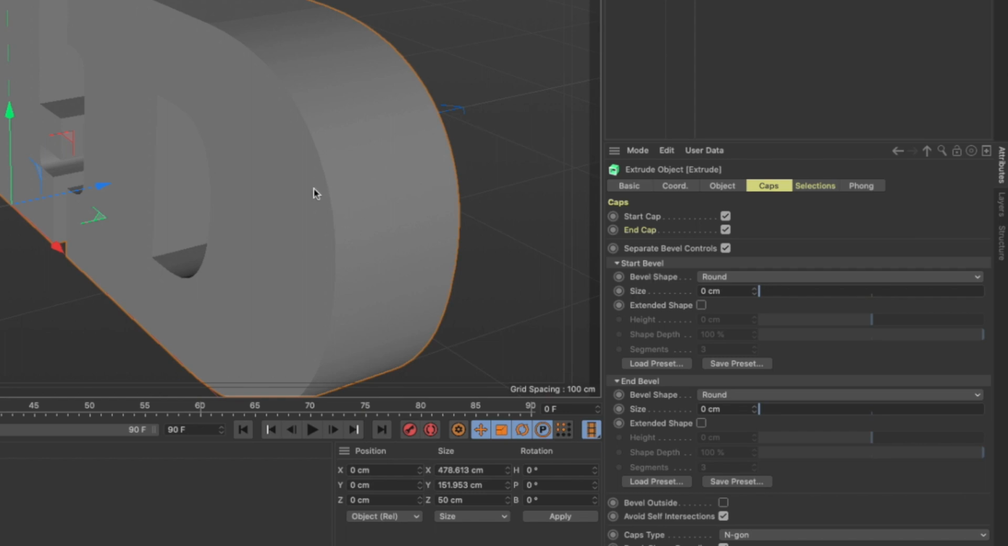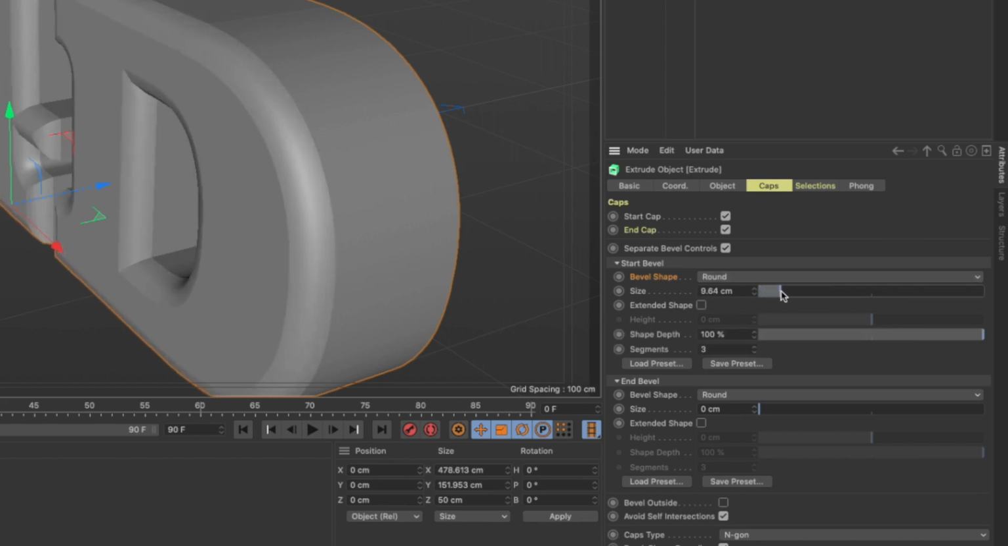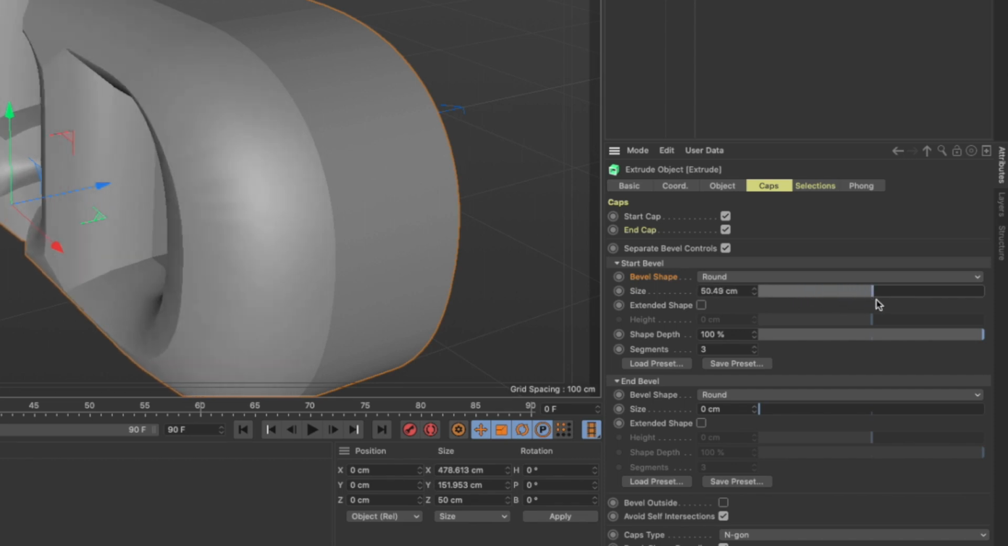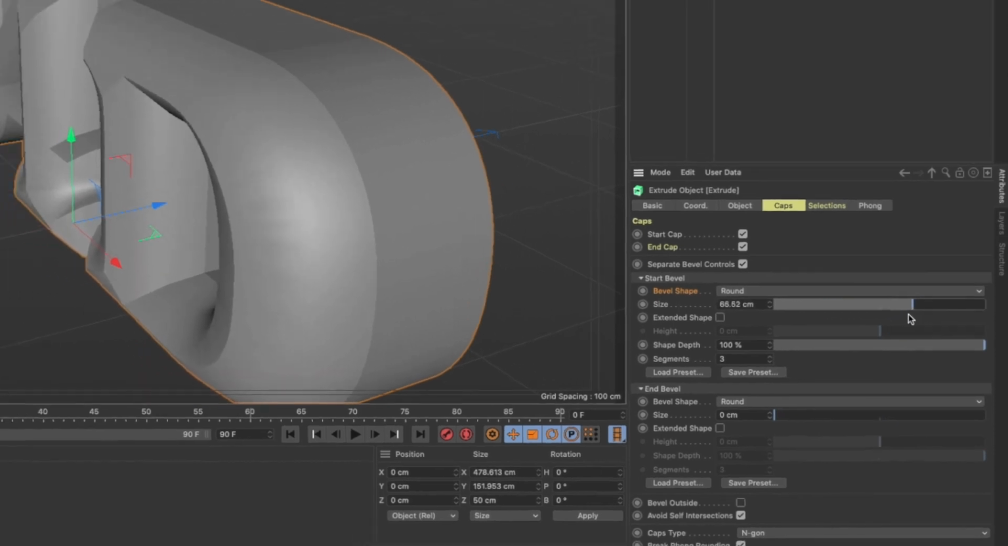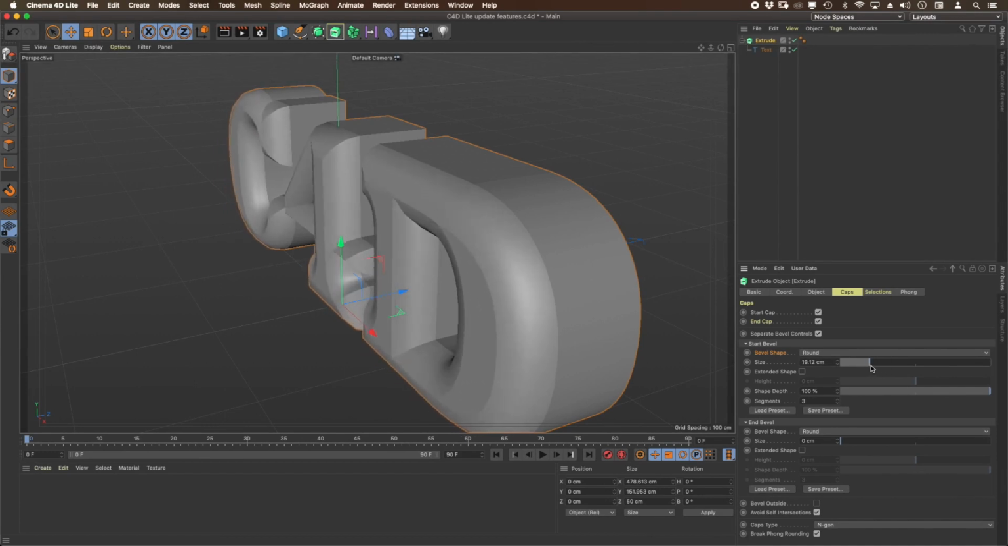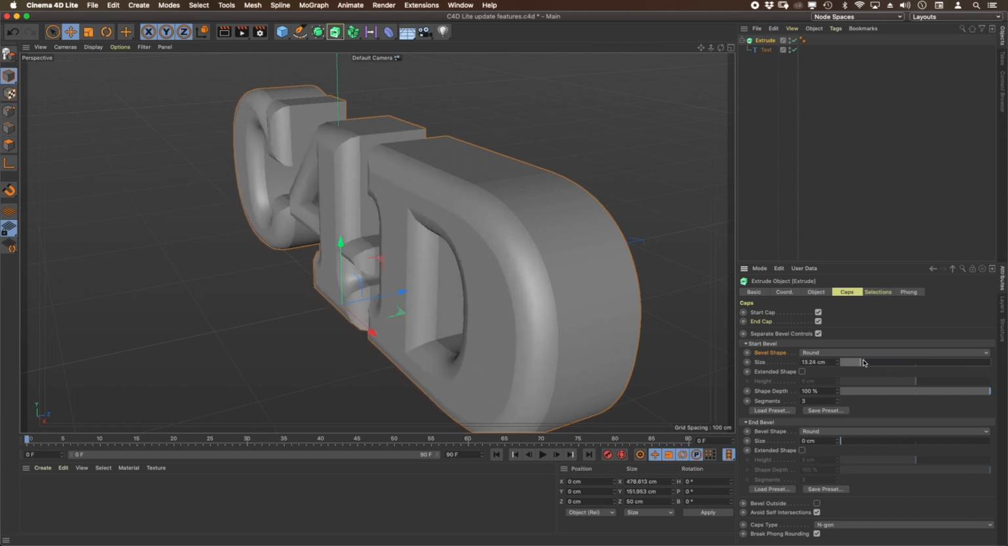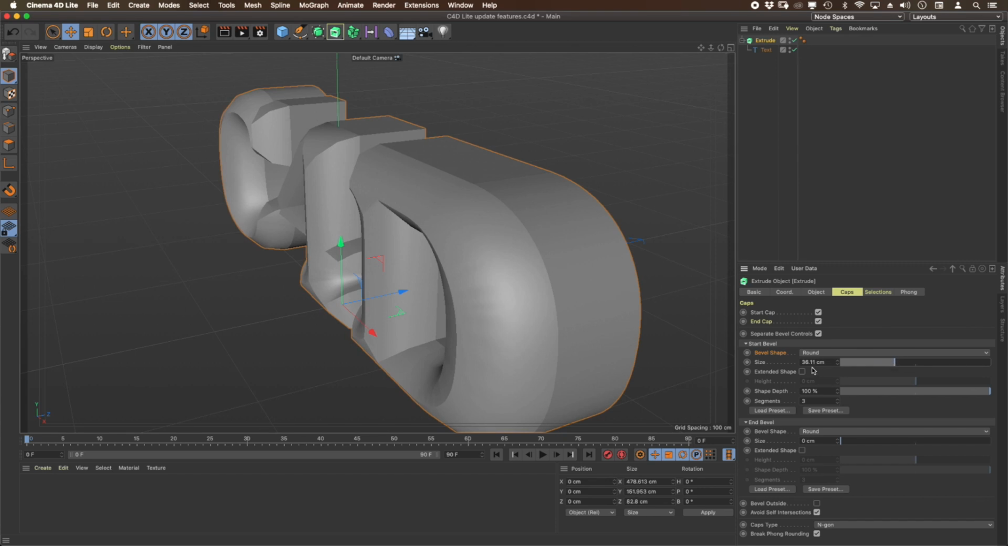The start bevel, which is the front, already has the default value of round, but you can select other types of bevel shapes. If I increase the size of that bevel, notice that I can go and go and continue, and it will stop creating the bevel on the interface, but my slider can continue up to whatever number I want. The reason why this one is stopping at a particular number, in this case about 36,